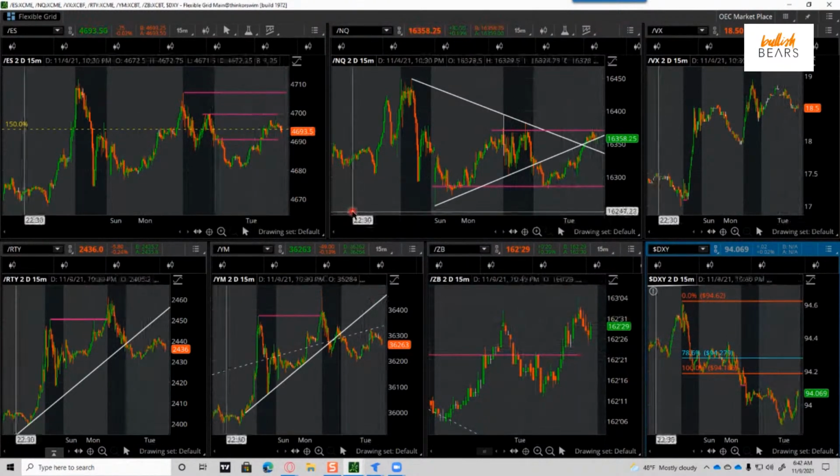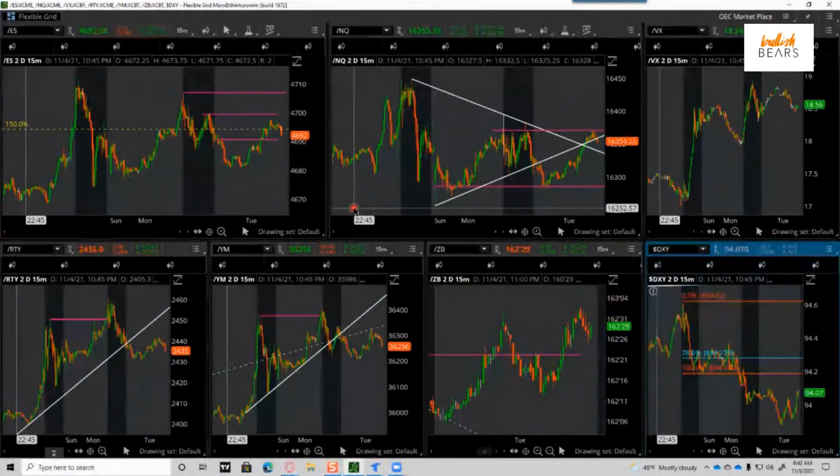You can see right now that we're kind of starting to correlate a little bit. So in the last week or two, we've been very bifurcated. That'd be like a day where the Russell's doing really good and everything else is a turd, or the NASDAQ is doing really good and everything else is a turd. Really bifurcated markets. A bifurcated market is a safe market. It's when everything syncs up that things can get really wild and crazy, both to the upside and or the